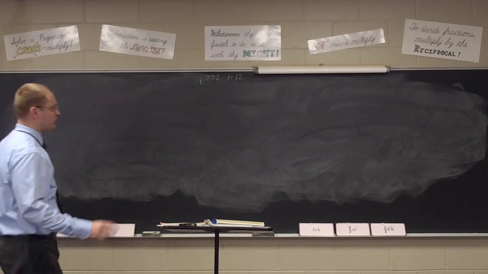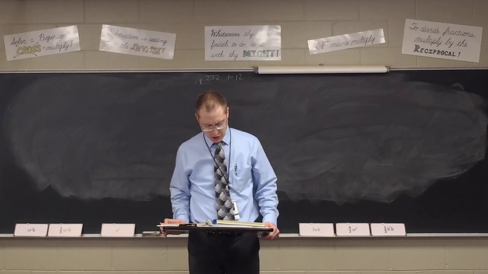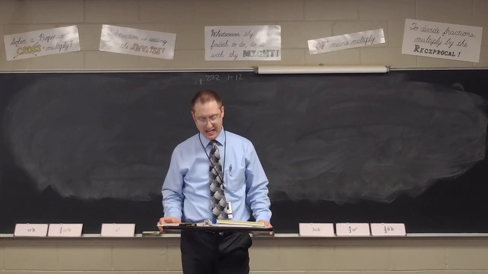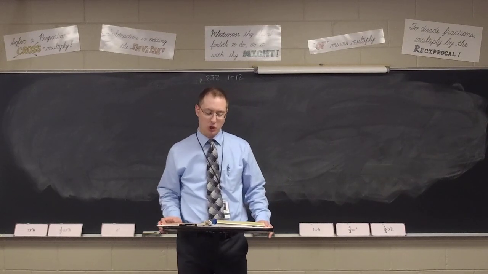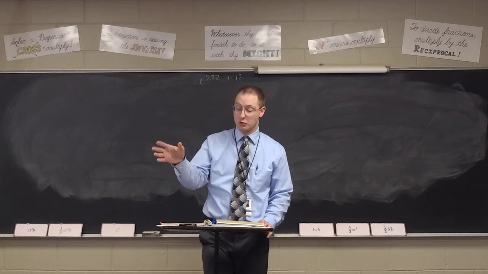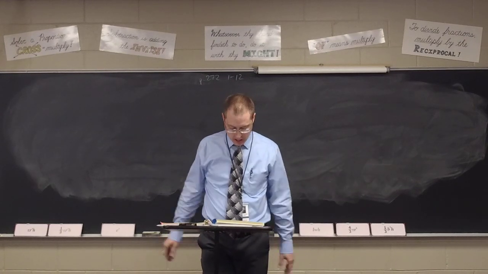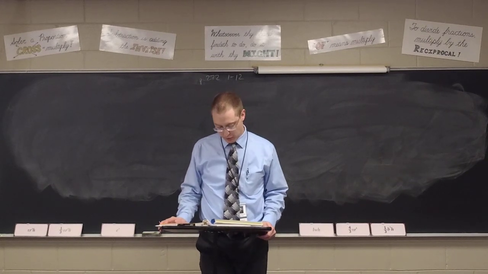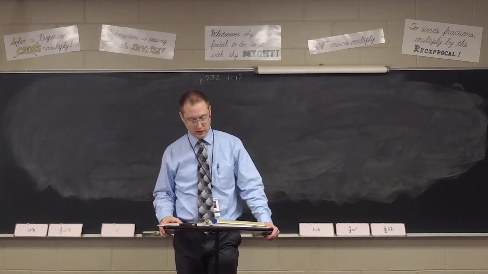Actually, for sake of time, let's do these orally. I think that would be better. Number 1, an angle formed by 2 radii is a central angle, class. True. That is true. Number 2, any line segment with both ends on the circle is a radius. Chord. That would be a chord. A diameter specifically goes through the center, but any line segment starting and ending on the circle is a chord. Number 3, a diameter divides a circle into 2 arcs called semicircles. True.